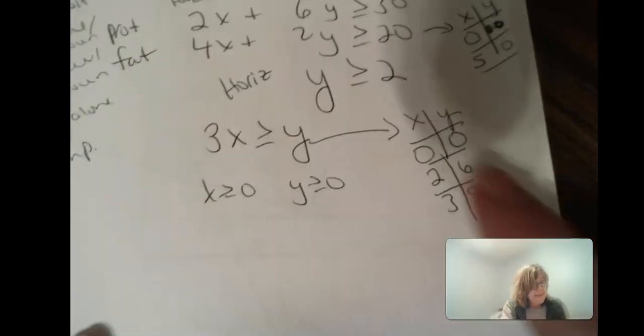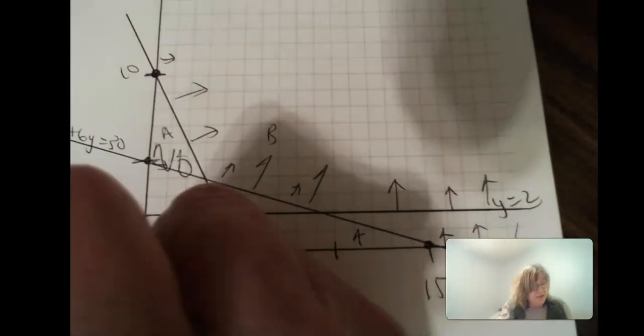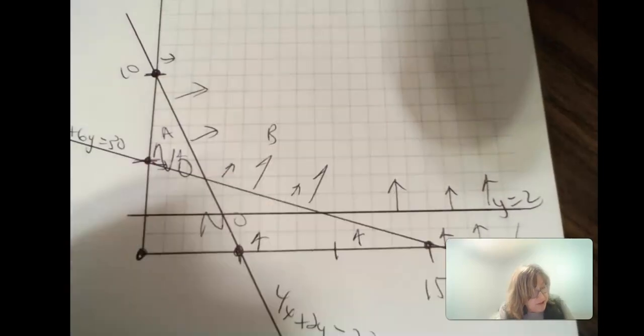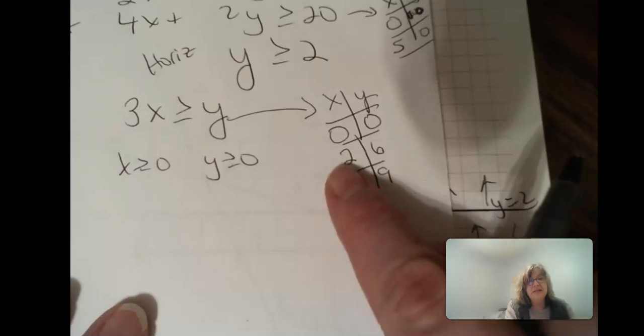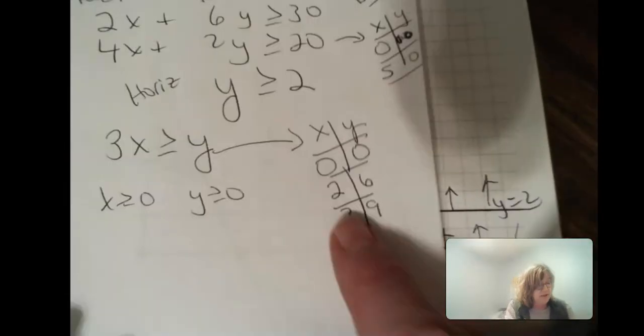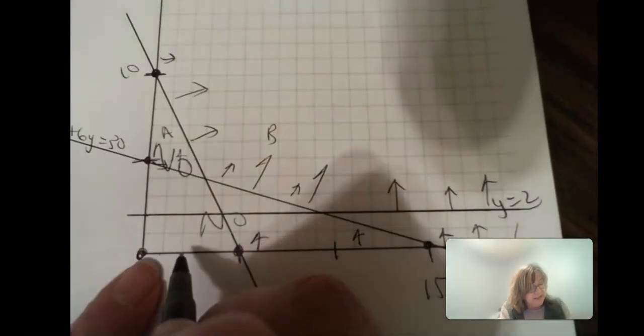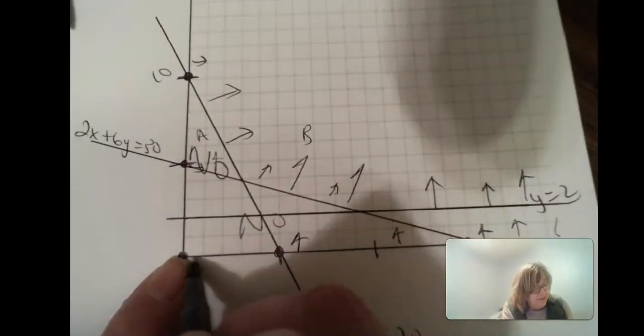Okay. Now this one is 0, 0. That doesn't help me much. So when it goes through 0, 0, you got to pick another point. These are not intercepts. 2, 6 is a point in space, or 3, 9. It is a point in the middle. So go over 2, up 6. It's not a X or Y intercept. It means go over 2,